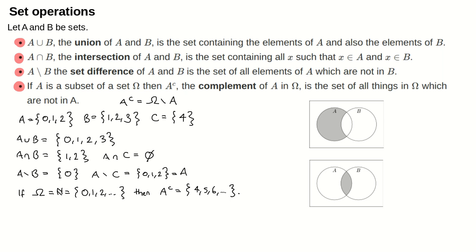Okay. So there are some standard ways to draw pictures of these set operations, which you can see on the right of the page here, called Venn diagrams. So when you make a Venn diagram, you draw a circle or a blob for each set, and you colour in the area which corresponds to the set that you want to illustrate. So for example, this diagram at the top here, this is the Venn diagram for